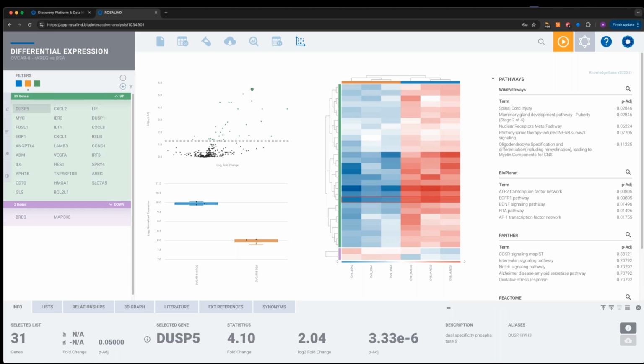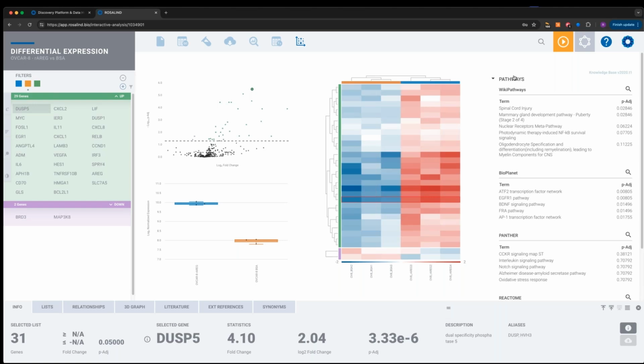So this has a really important role in growth, cellular proliferation, inflammation, immune response, and it's also a really well-known player in cancer and cancer progression. So since we know the design of this experiment and the mechanism of action, it's a really nice positive control for the power of the Rosalind pathway analysis here.